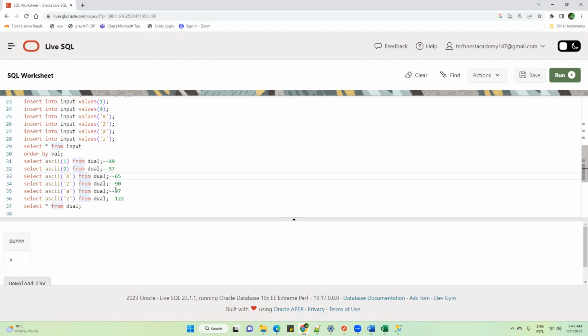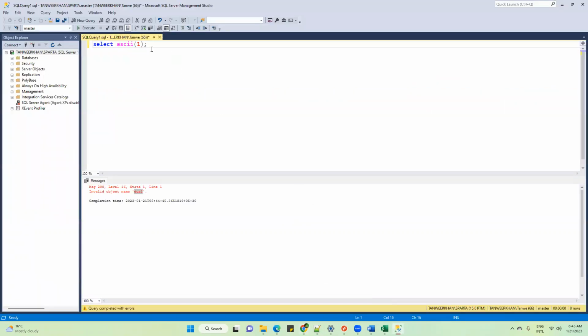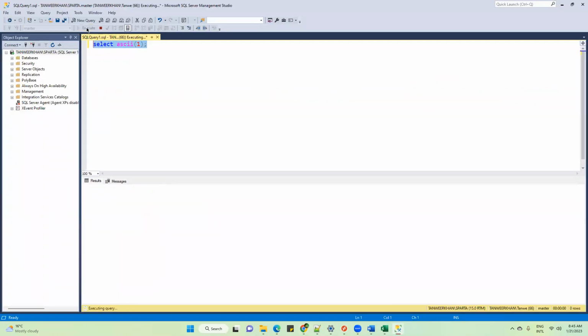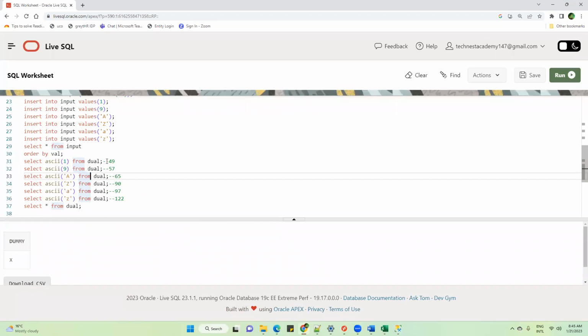An interviewer will never ask you to run this query on Postgres, run this on SQL Server, because they know it is the same on all the platforms. So don't get confused with all those things. Now see, I have executed select ASCII, and it has given the value 49. In Oracle, it is again 49. But don't try all those things; this will not help you in any way. Fine, shall I proceed further?